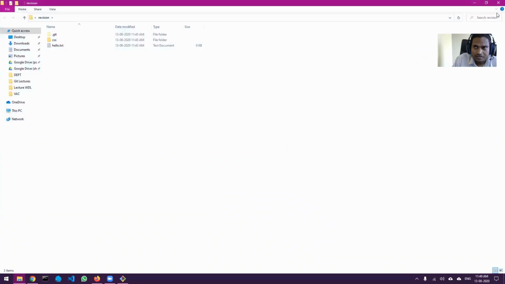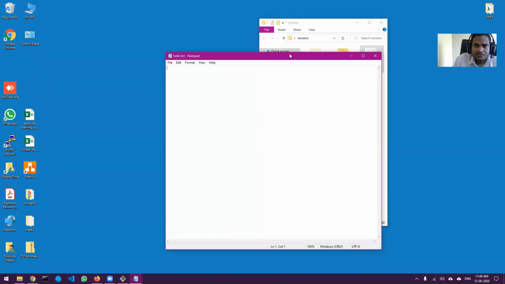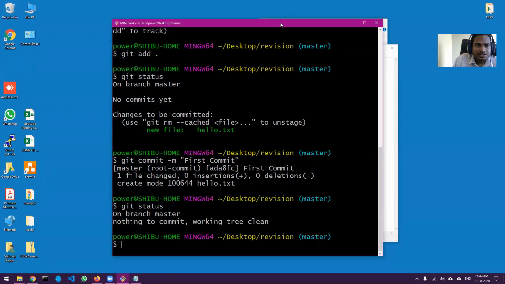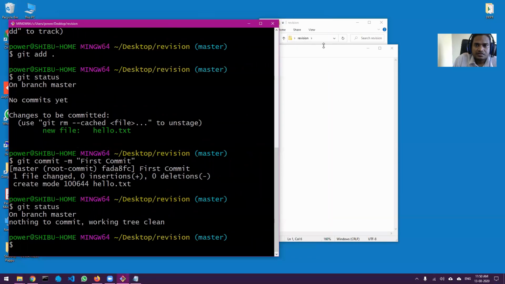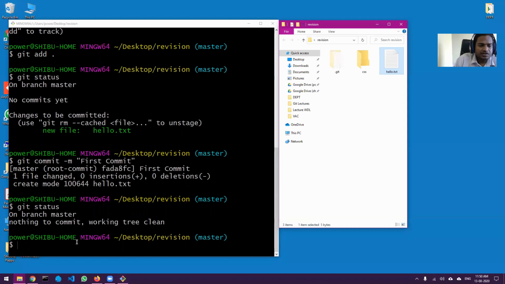I will open this folder, revision folder, and you can see right now I have a CSS folder and a hello text. I'm going to open this in the notepad and I am going to write hello, save it, come to git bash, and let me commit this.